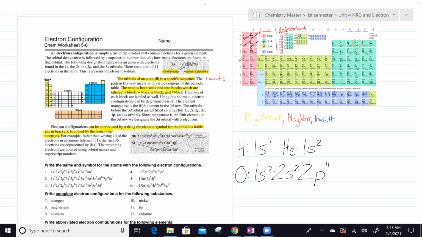So this is what I did. 1s2 covered hydrogen and helium. 2s2 covered lithium and beryllium. And then 2p4 takes me right up to oxygen, okay? All right, so let's try